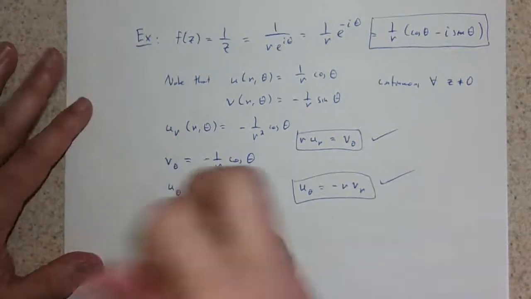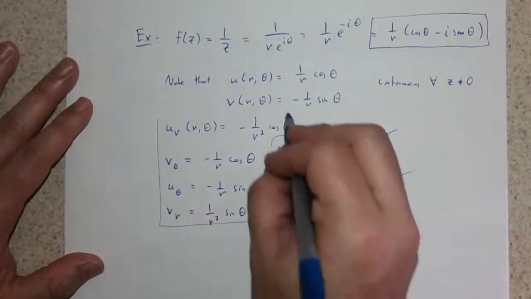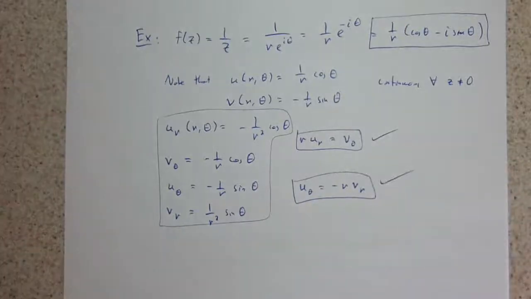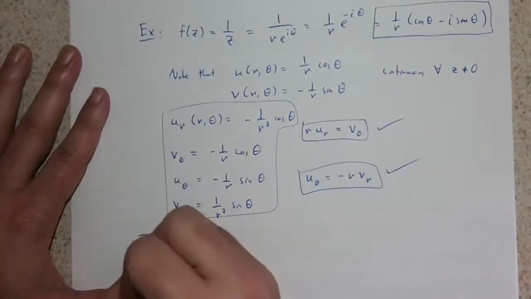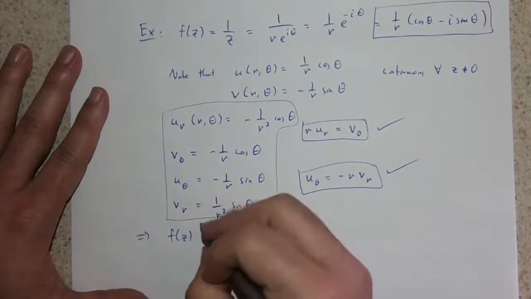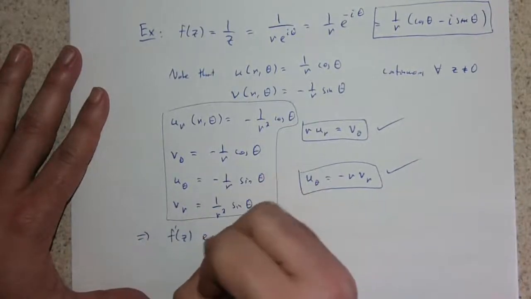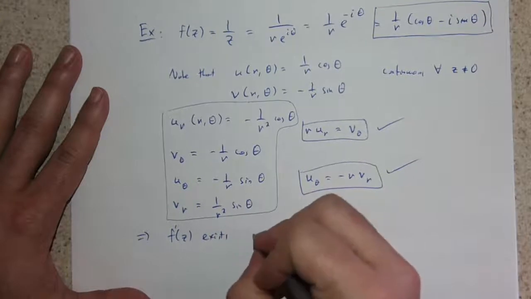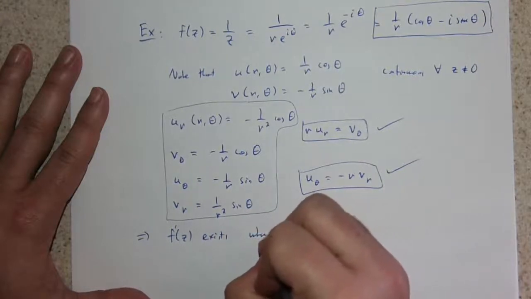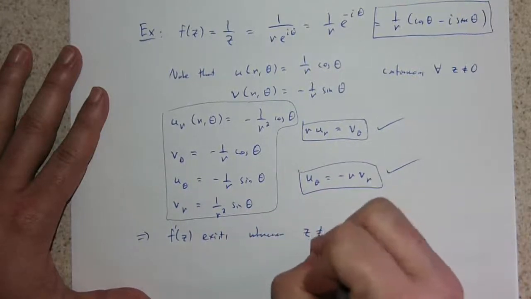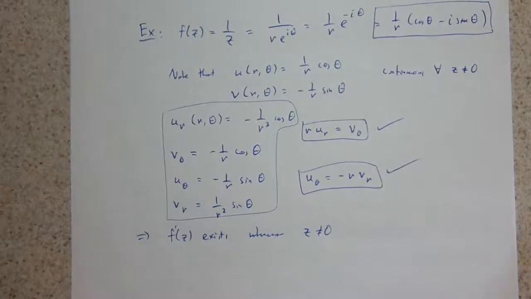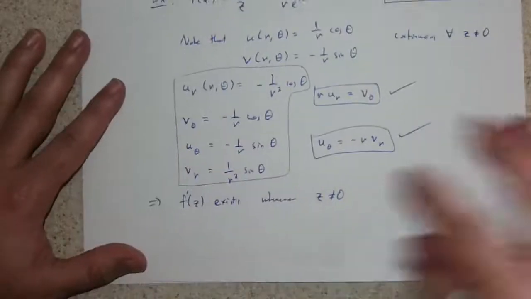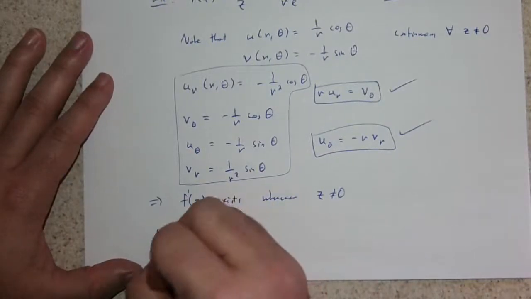Notice that all of these partials are continuous. So all these partials are continuous. They satisfy the polar form of the Cauchy-Riemann equations. So this f of z, or f prime of z exists whenever z is not equal to 0. So this thing exists whenever z is not equal to 0, and thus also, according to this fact, f prime